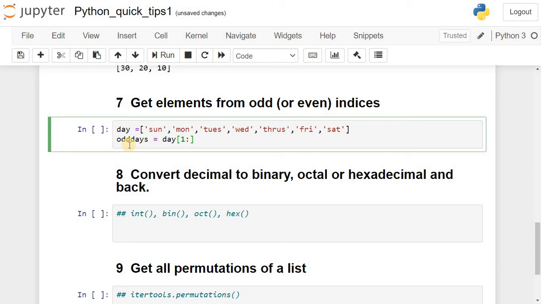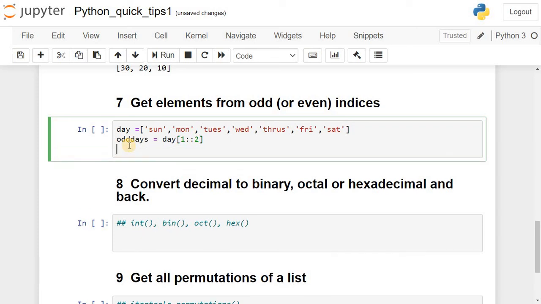We will take all the elements till the end with a step size of 2. So by this we are accessing elements Monday, Wednesday, Friday, and so on till the end of the list. For getting even days, we are creating an even days sublist which will traverse the days list starting at index position 0. It will run till the last index, therefore we don't specify any argument, and step size is 2.